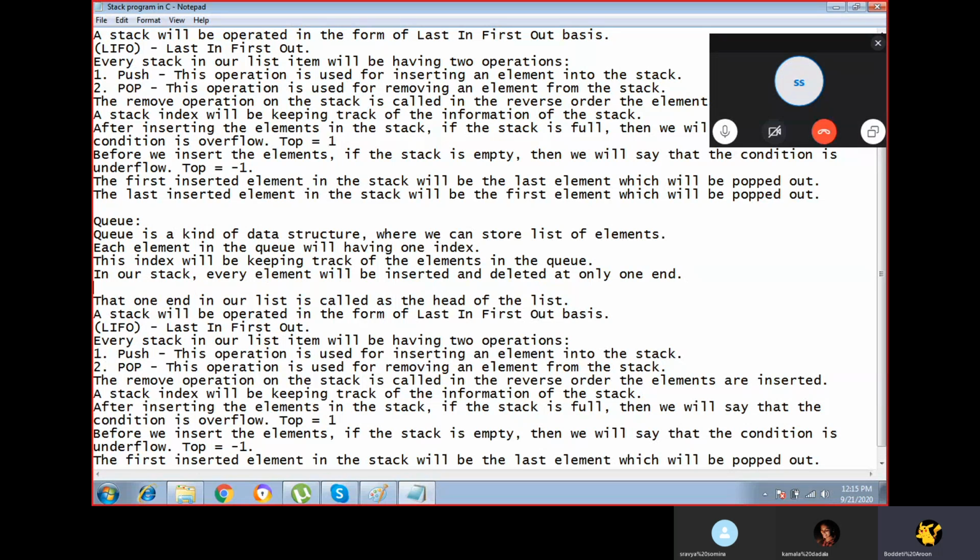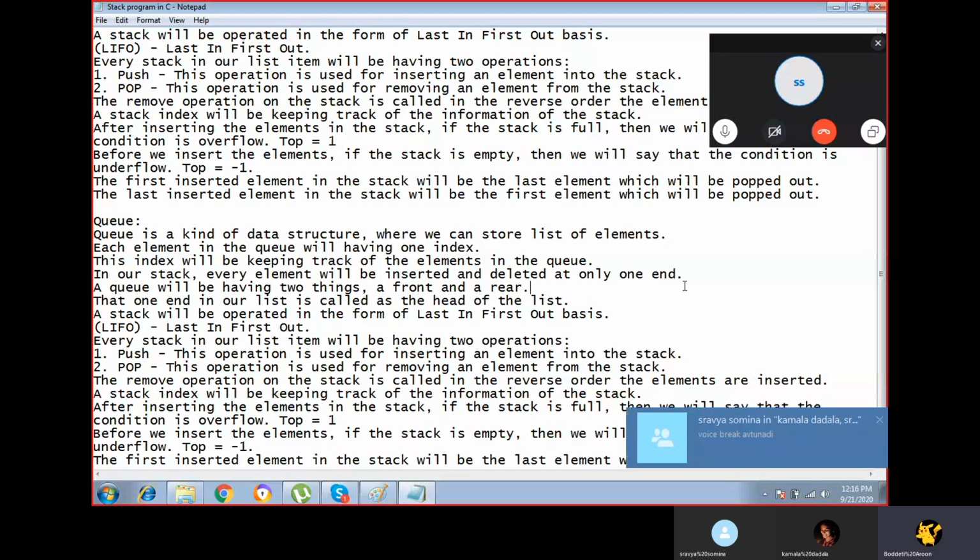A queue will be having two things, a front and a rear.